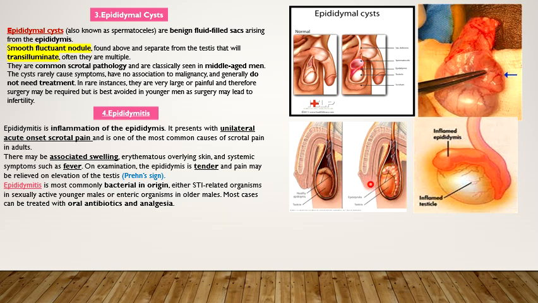These are some pictures to show you epididymitis. This is a normal testis and epididymis. This is a normal testis here, and the epididymis. And usually